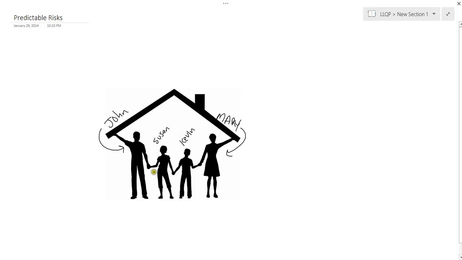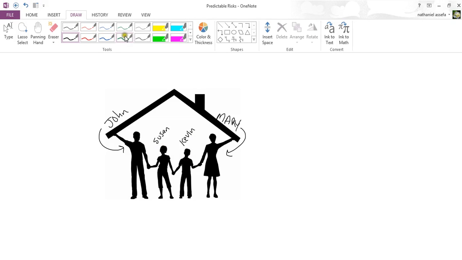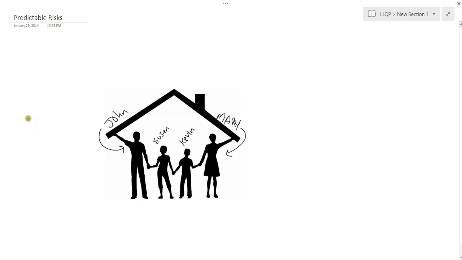So we've got a family here: a husband, a wife, who's also a father and a mother, and also their daughter Susan and their son Kevin. Okay, so here's their financial story. On the financial side, I'll put their income on this side and I'll put the expenses on this side. So on the side of income,